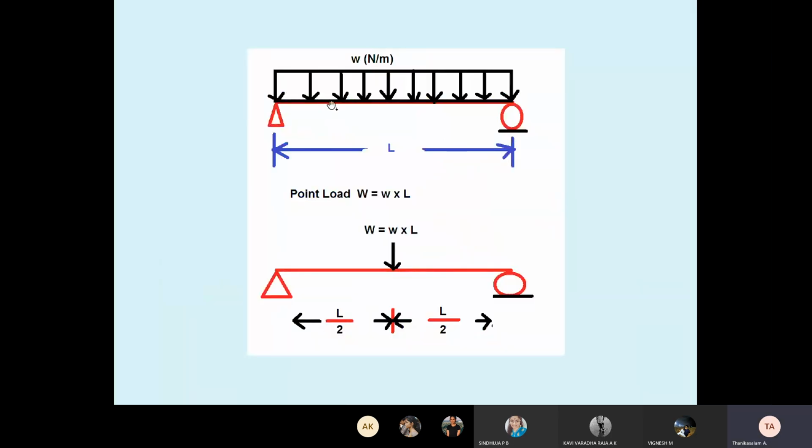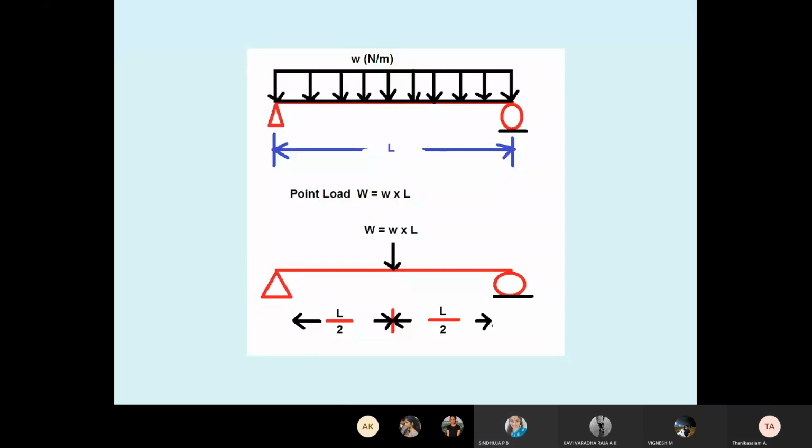See the another diagram I have given for your understanding. The beam is in Newton per millimeter. Understand, small w means uniformly distributed load. Capital W means point load. So for the rectangle, whenever uniformly distributed, I convert into a point load. How do you convert to a point load? The load into distance, w into L. Okay. Where is it acting? At the middle of the body. So I marked here, the uniformly distributed load is acting. I convert it into a point load at a distance, what distance? L by 2. Class rep, understand? Class rep. Yes, sir.